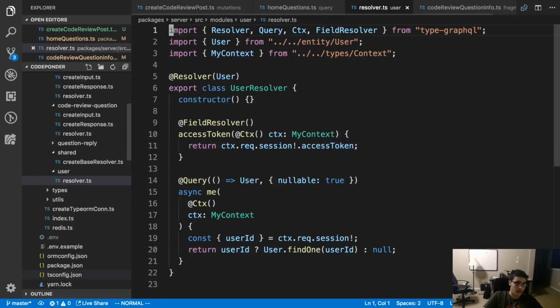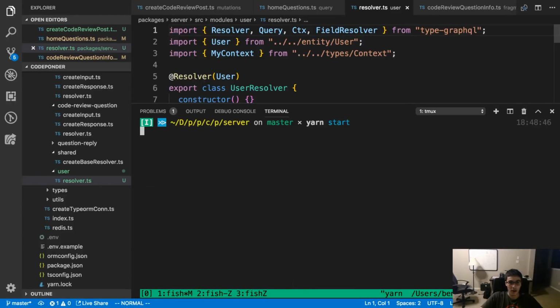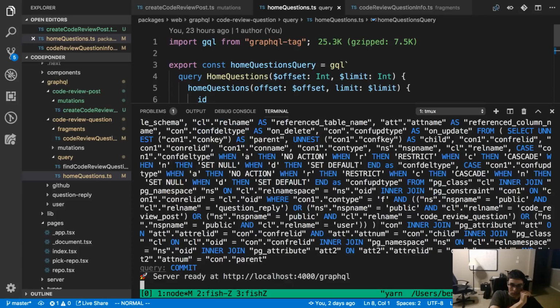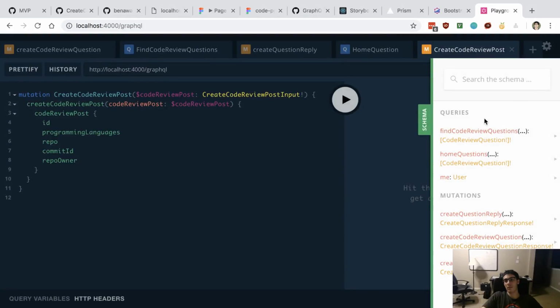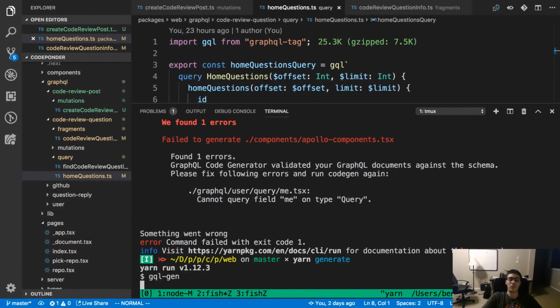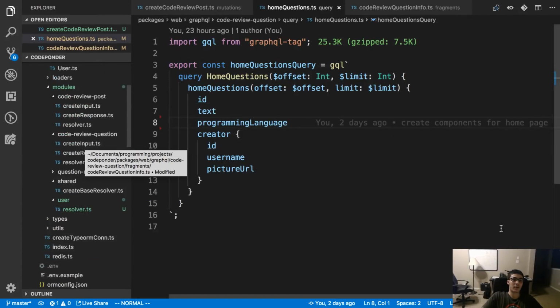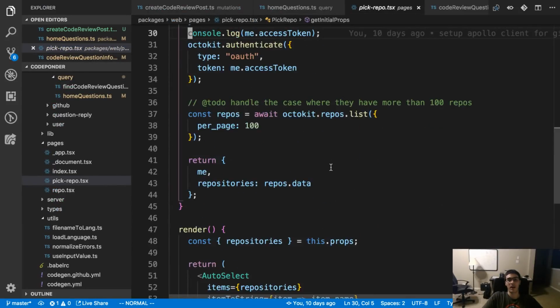So I just need to rename that to resolver, and in doing that, this should now pick up the me type. Okay, now we have me. Fantastic. So now when I say pick repo, after I actually pick one,